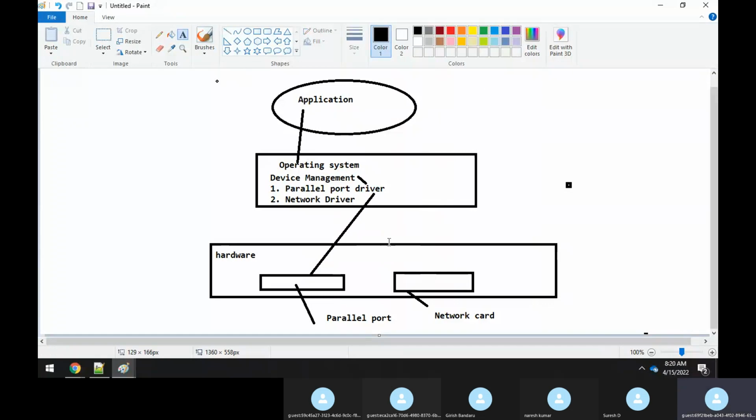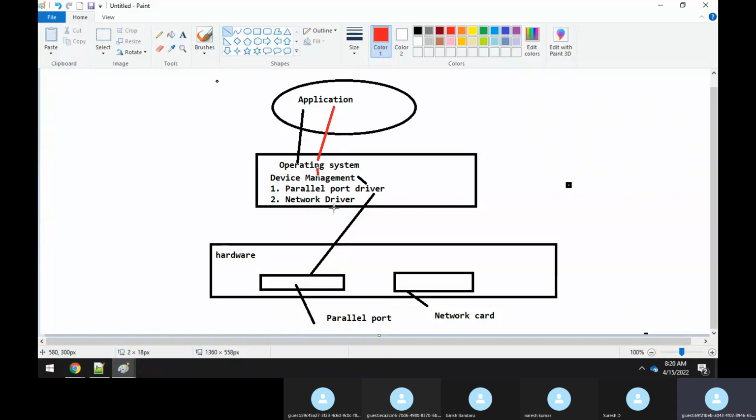Similarly, your application wants to communicate with the network card, right? This will be something like a Realtek card, right? You have a lot of different network cards. So the application will do the same thing. The application will try to communicate with your network driver, through your operating system first. From the operating system, the communication goes to the device management.